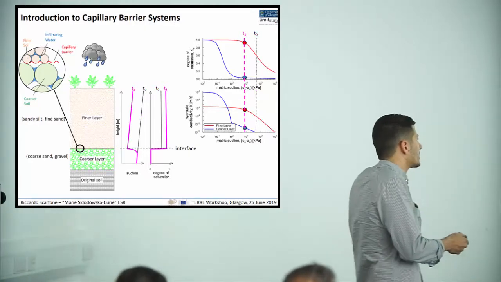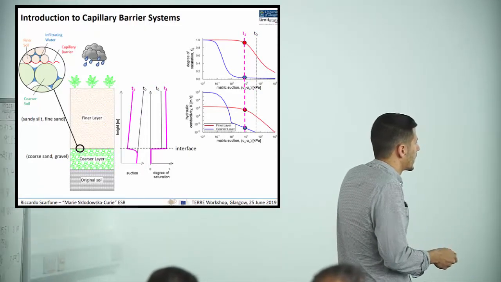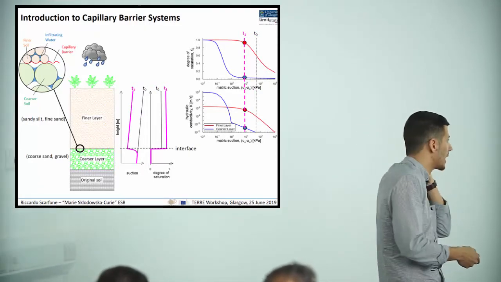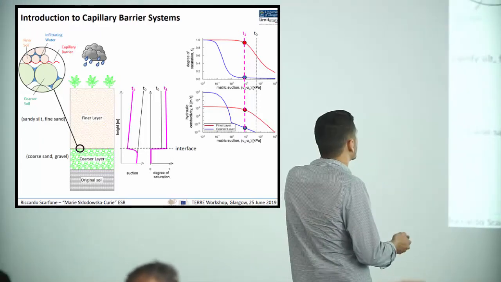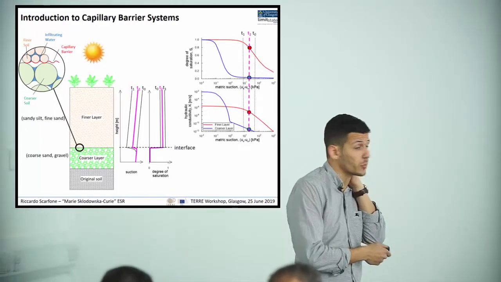This means that when it rains, the water is stored in the finer layer and the coarser layer acts as an impermeable layer. This water then can be removed by evaporation, for example,